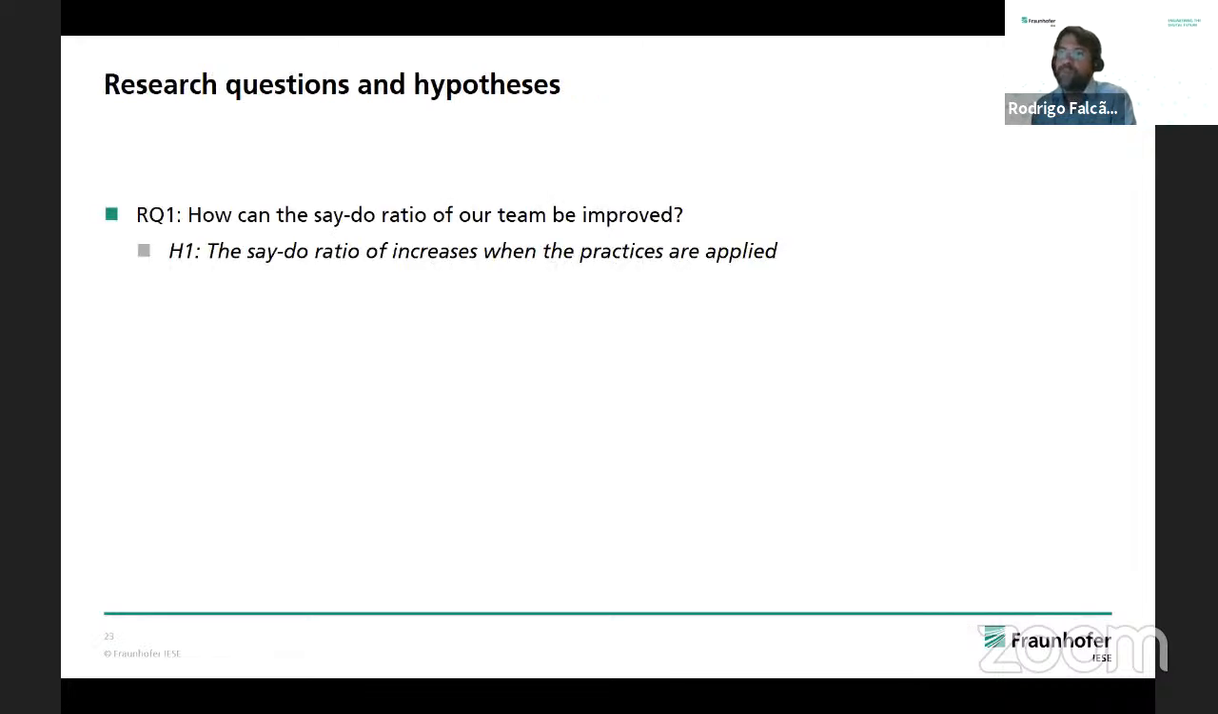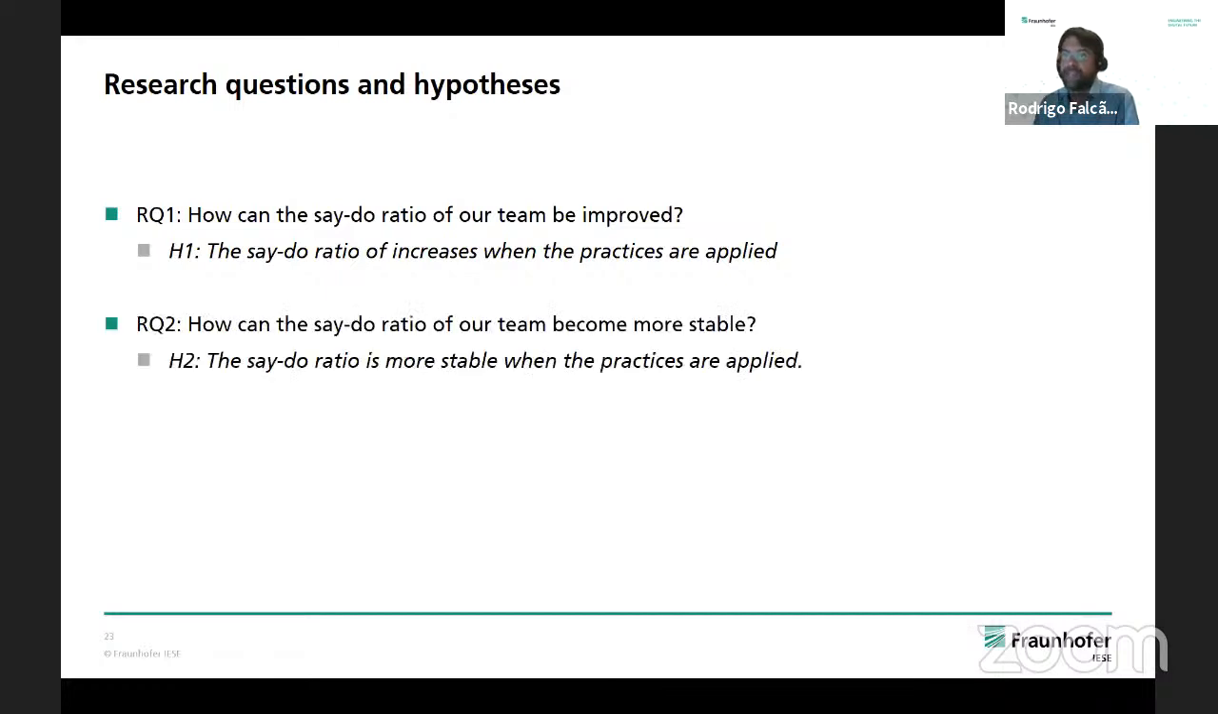So the first question would be, okay, how can the say-do ratio of our team be improved? Of course, our hypothesis is that maybe using those practices, we would improve the say-do ratio. Second research question: how can the say-do ratio of our team become more stable? You know, it was floating over time, and the hypothesis is that the say-do ratio is more stable when we applied